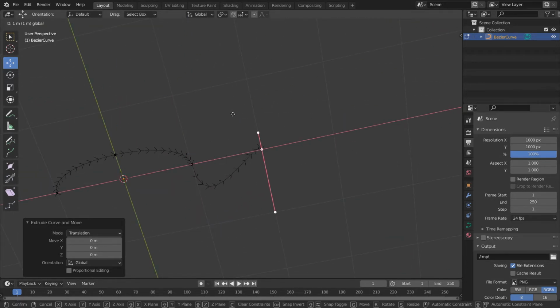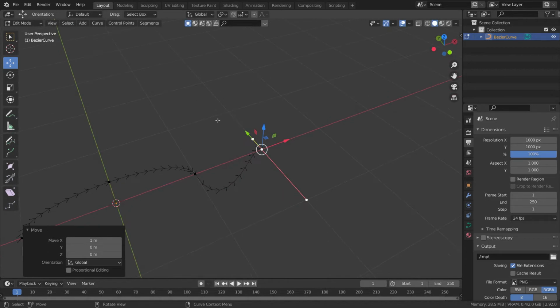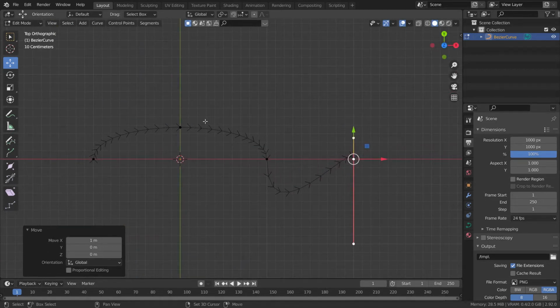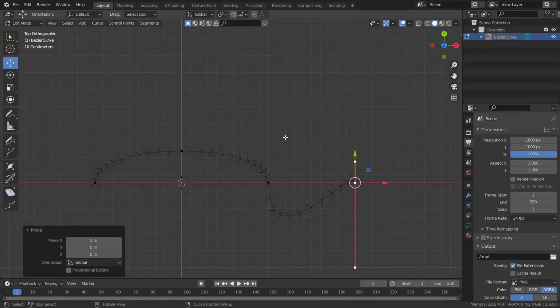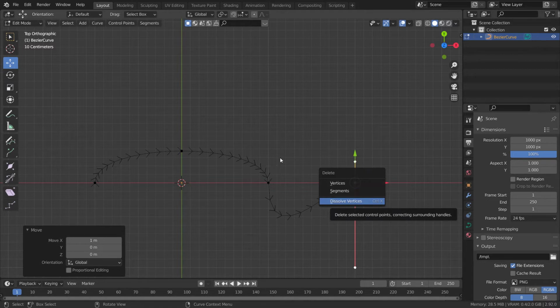Let us take it to the side. Let's go into the top view, and we can also hit X, and then you can either dissolve or delete the vertices or a segment.